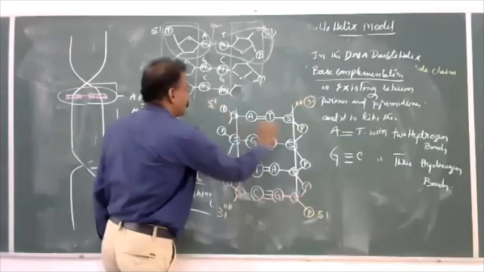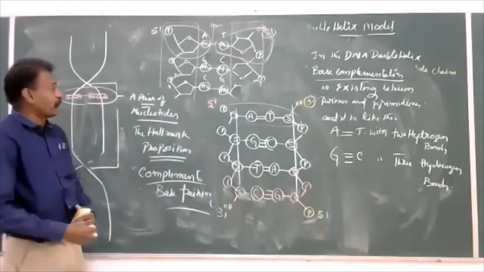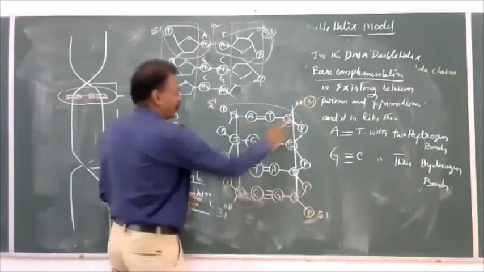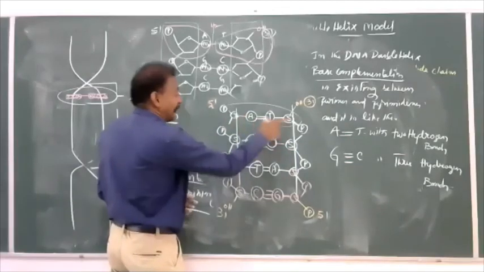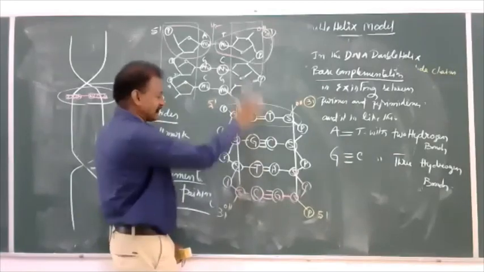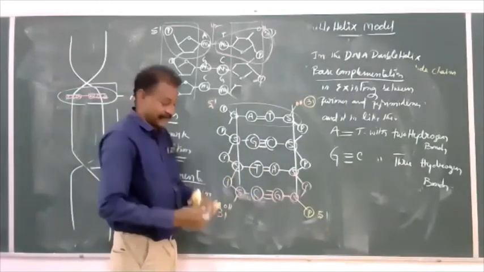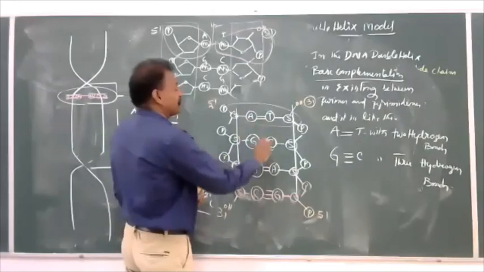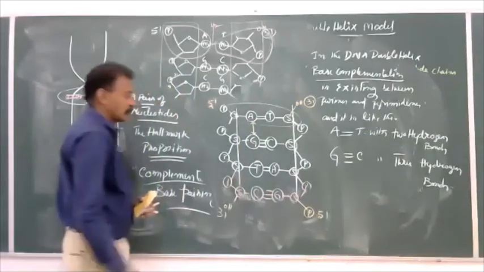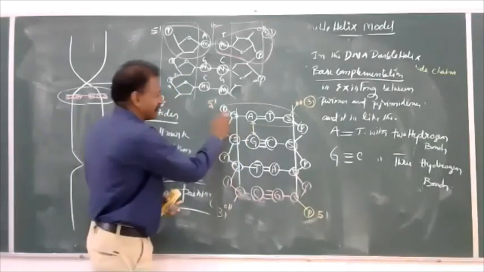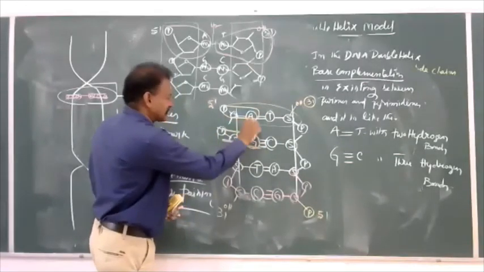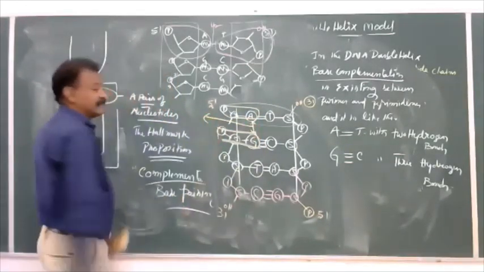This is one pair of nucleotides. So polynucleotide chains have pairs. One nucleotide pair, another pair, another pair. So one pair is equal to two nucleotides, always in the form of pairs. And then a question arises: what will be the distance between two nucleotides of a chain? This is one nucleotide, another nucleotide. The distance between these two nucleotides,